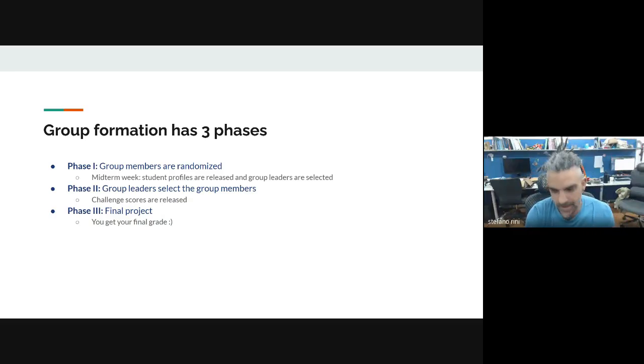So if you have met during phase 1 the people that you like, you will just message them and say, "Oh, let's form a group together." If you haven't met all of the people, let's say if you're missing some specific capabilities in the team, you will have a sort of a roster of the teams, and then you will decide how to form the groups, and then you will do the second set of challenges with a group that you choose. And then for the final project, you should know exactly the people that you want to work with, and it will be the last push, the final month, something creative to do together.